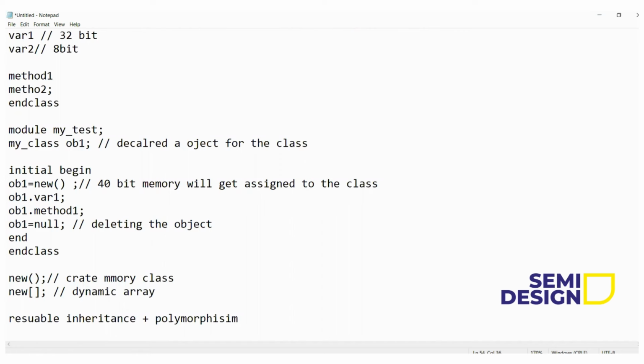Now just take a practical example. Let's say you want to print some values, let's say 5 values. You have to write a $display statement for the 5 variables. Now instead of writing $display statements in each and every class, just define that display method here. We will see an example. Define the display method here, and in each class you extend from the parent class and just call the $display